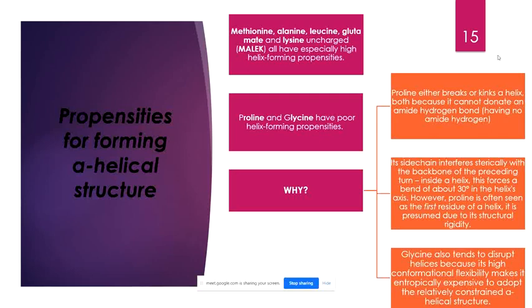But yes, it's not a hard and fast rule that they are never going to form alpha helix. If there is a huge amount of helix-forming amino acids to the right and left of the glycine and proline, then according to peer pressure they are going to participate in this alpha helix formation. Understand? Clear? So what about the other amino acids?